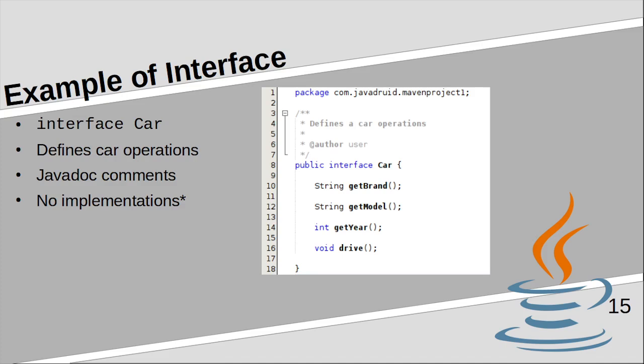In the code, this is a different documentation. Now I'm talking about the JavaDoc. You can see it's a comment, like a multi-line comment. The only difference for JavaDoc is that you can generate HTML documentation from this.